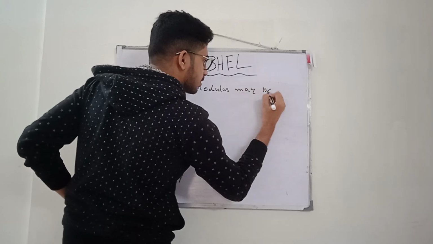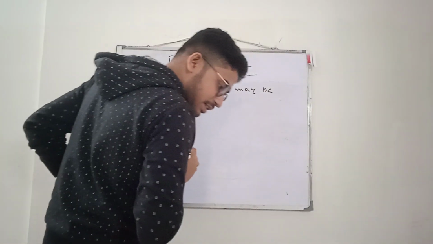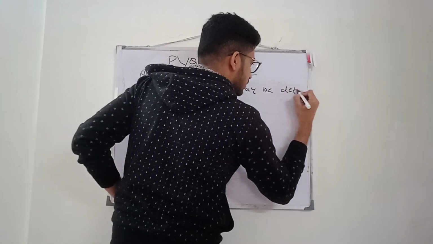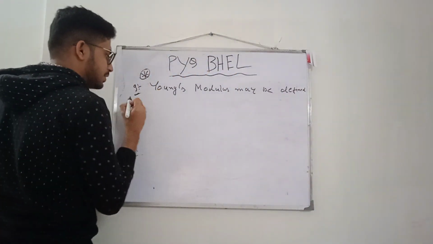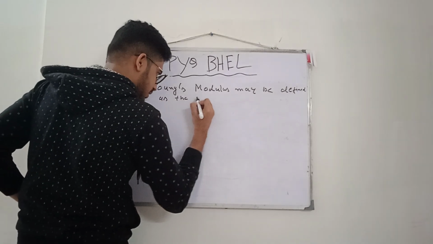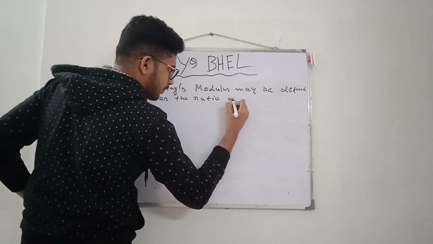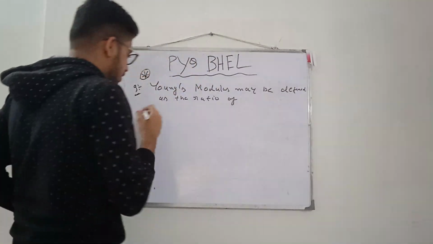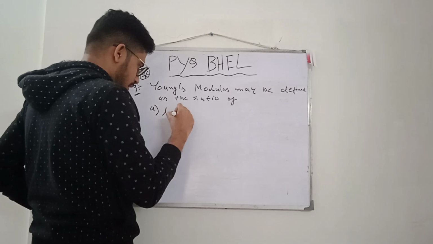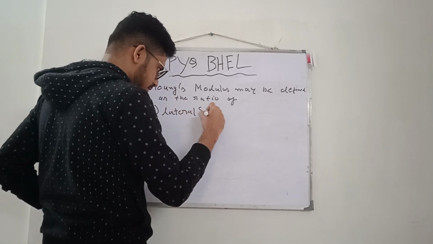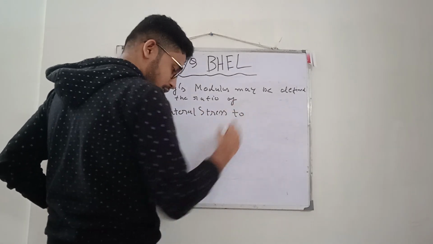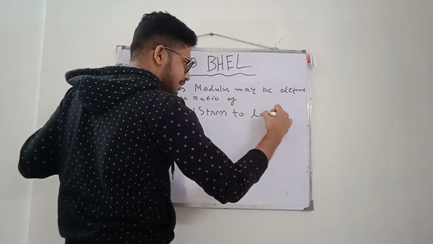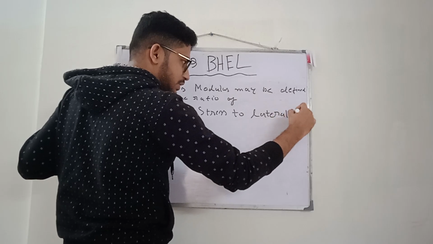Young's modulus may be defined as the ratio of: option A, lateral stress to lateral strain;